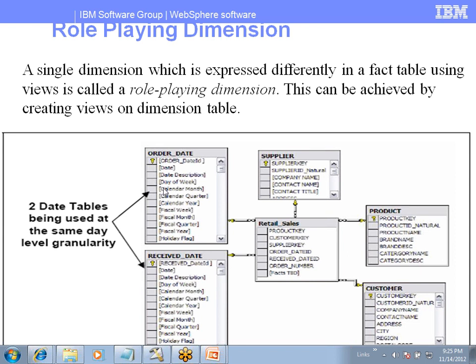But is it mandatory to create role-playing dimension tables in every project? For example, for SCD, to maintain history, most of the dimension tables in our project. Say our project has 20 dimension tables. Then obviously we are going to maintain SCD implementation for those 20 if all the tables want to maintain history. But when it comes to the role-playing dimension table, it's not mandatory in our project, it depends upon the situation.